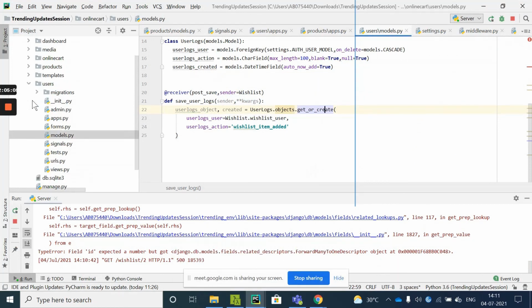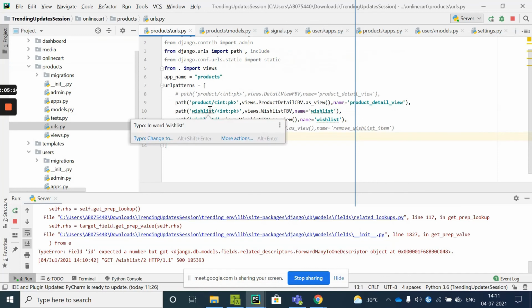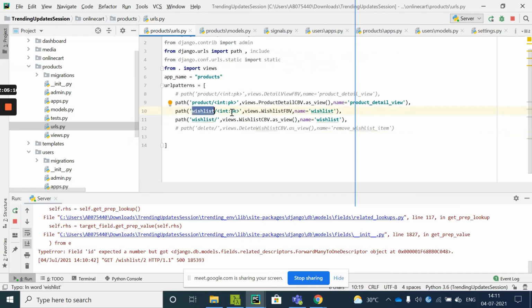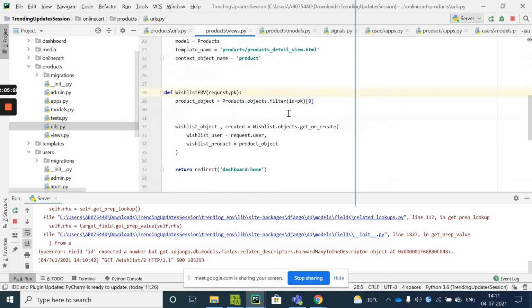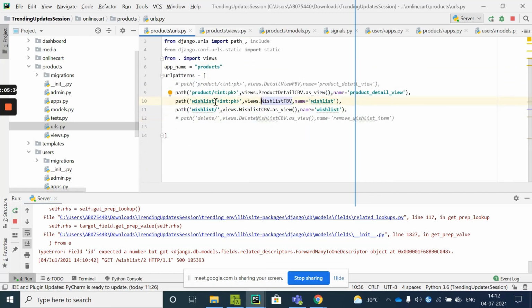As soon as the model from the products URL wishlist pk wishlist pv. First of all it is taking as such and then creating this model. Once this model is created, product object id, pk, there is something wrong in it.